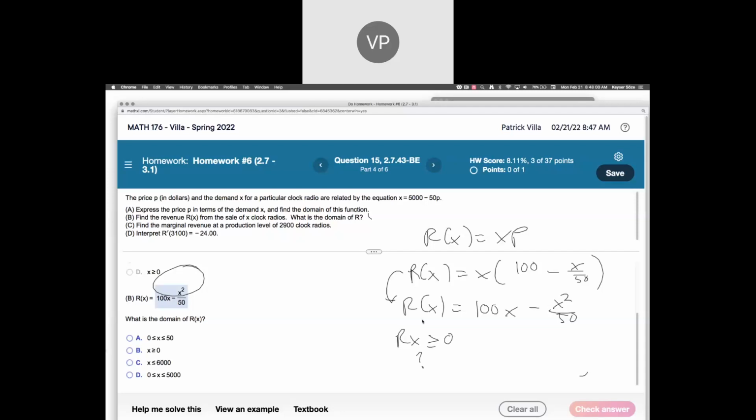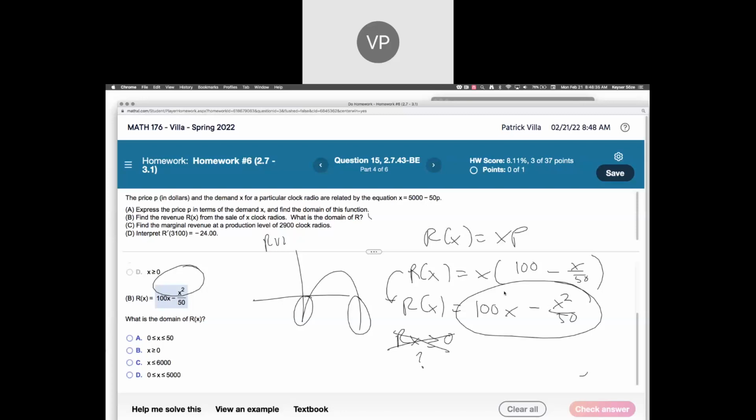Okay. So, excuse me. If I was to try to do this, I don't need to, because remember, if I look at that graph before, when we talk about revenue, you could have revenue here that's down here in the negatives because it means you're losing money. Okay, a negative revenue means a loss. So it is not true that revenue has to be greater than 0. What it reverts back to is what you had earlier in the function. The domain that we had to begin with is you still have to have,